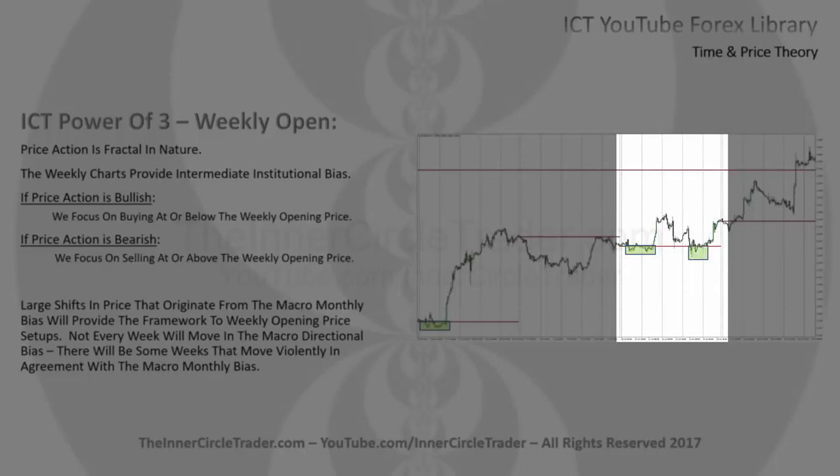And again, later in the week on Thursday of that particular week, we see another opportunity after taking out the equal lows that were formed on Monday and Tuesday of this particular week. So there were two opportunities to buy. Monday and Tuesday offered profitability, but then on Thursday it had a deep retracement, retracing down below the Monday and